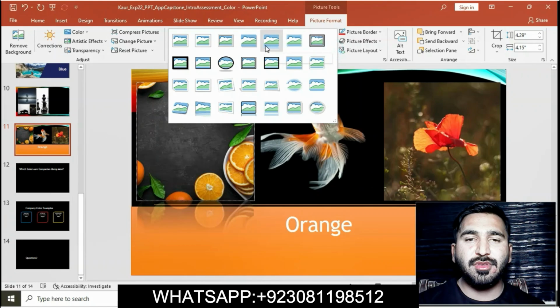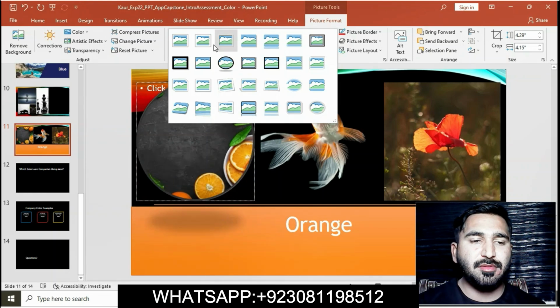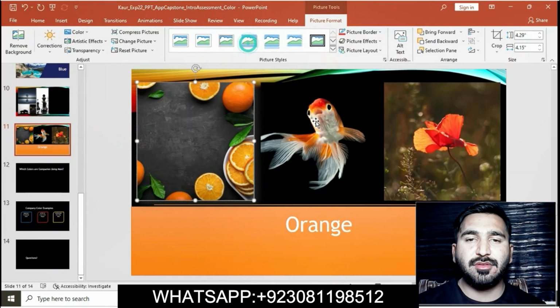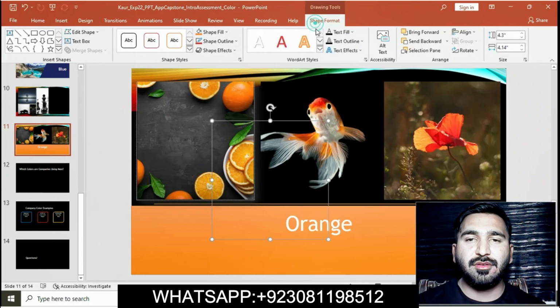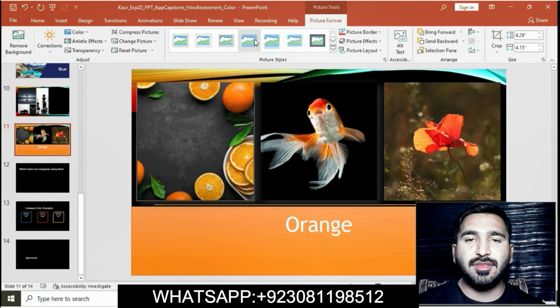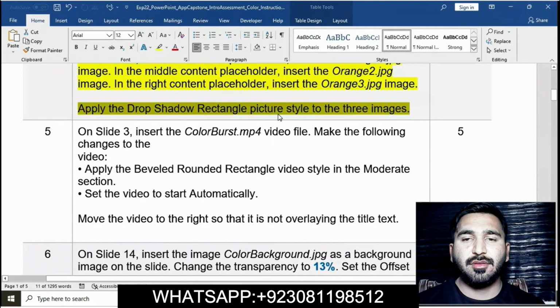Select this and go to Picture Format, and then Picture Styles, and then apply Drop Shadow Rectangle. Okay, for all 3 images. Now moving on to question number 5.